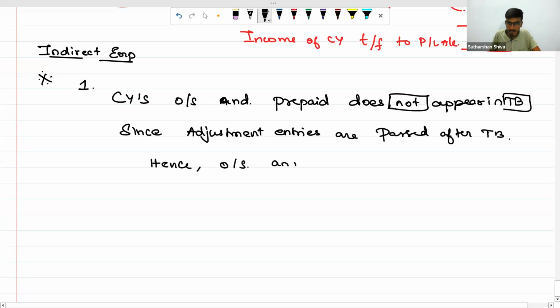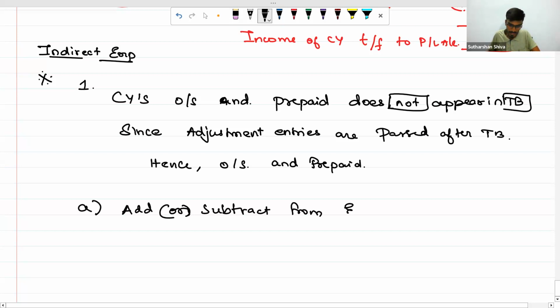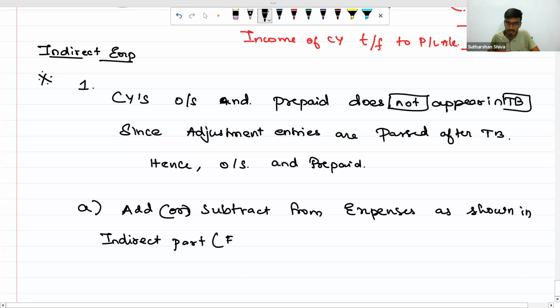Hence outstanding and prepaid expenses, if any, you need to do two things. First one, you should add or subtract from expenses as shown in the indirect expenses part, the chart we have prepared, the table or format, as per the format,